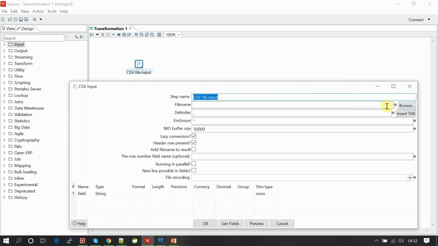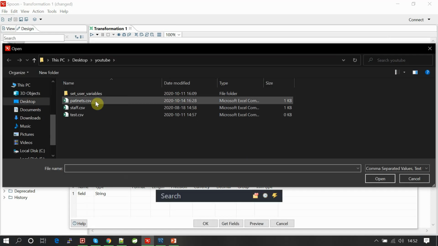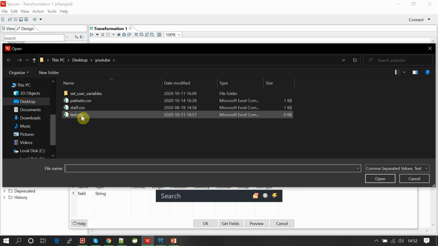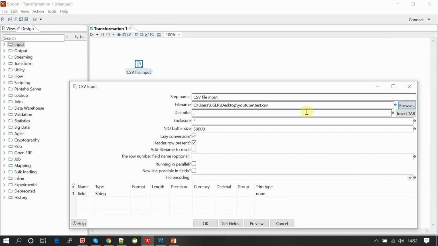You can just browse, or copy and paste the path here. This is the test.csv.